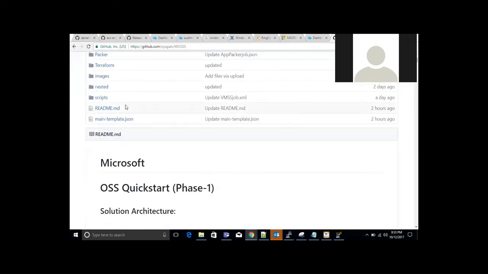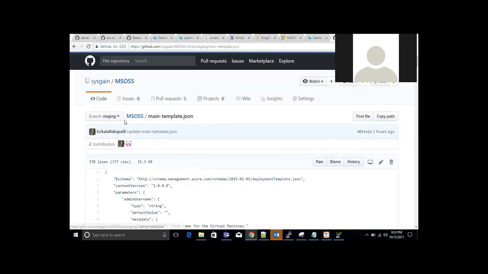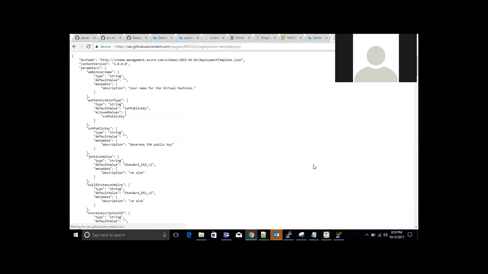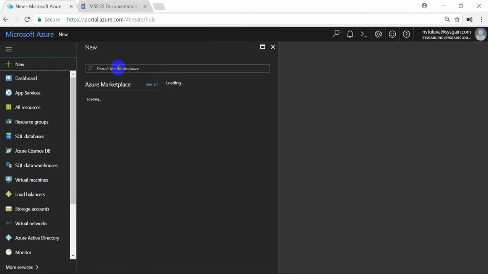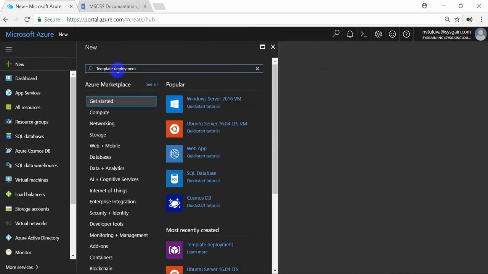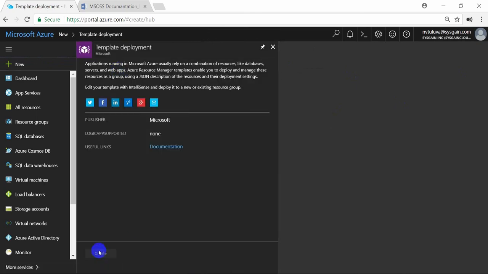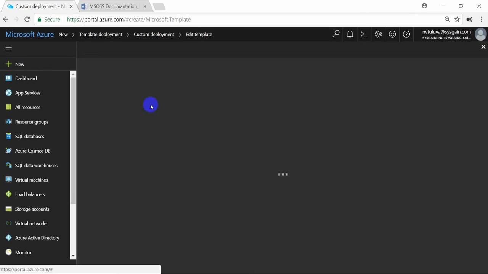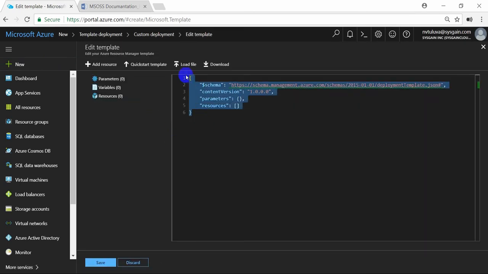Note that the GitHub URL will likely change after the production of this video, so check your documentation to be sure. Back on the Azure portal, click on New and search for Template Deployment. Click on it, then click on Create. Select Build Your Own Template in the editor, then replace the default section with the text you copied from GitHub,